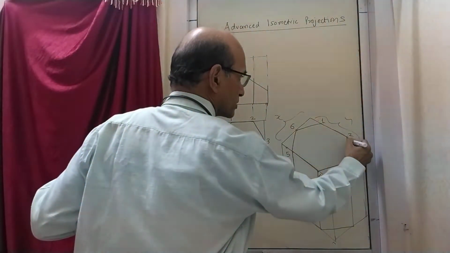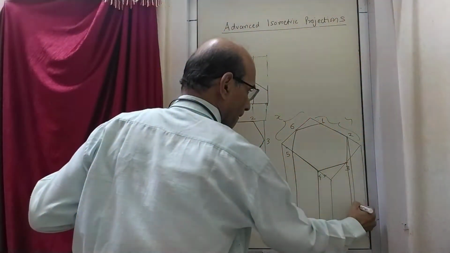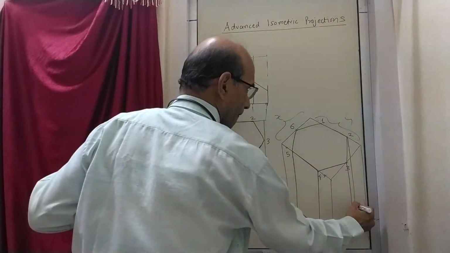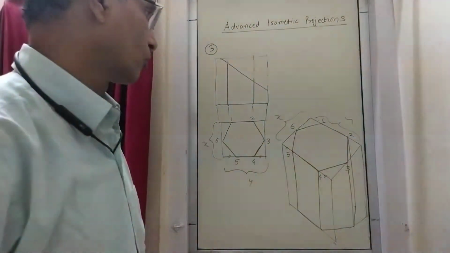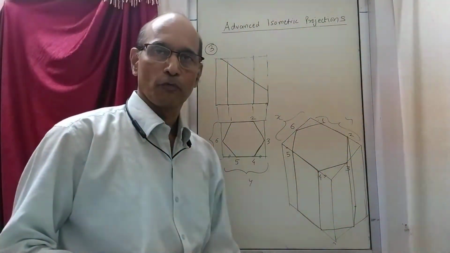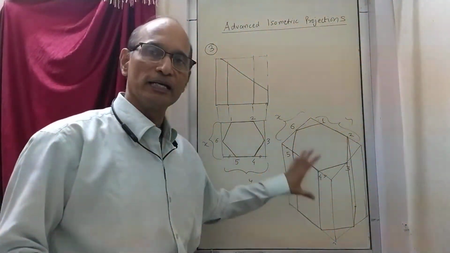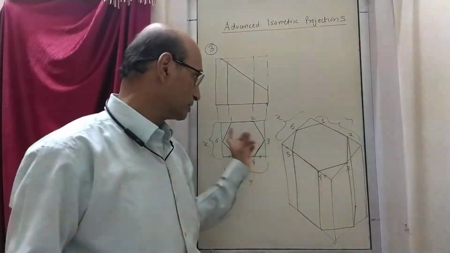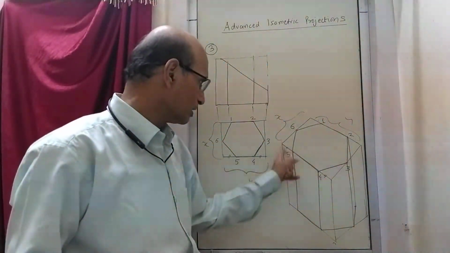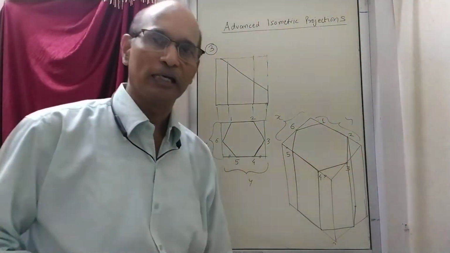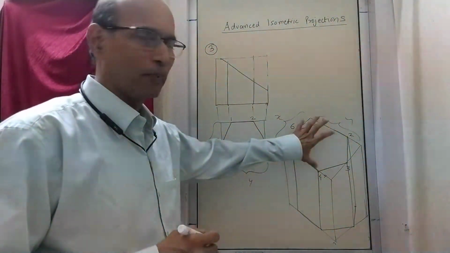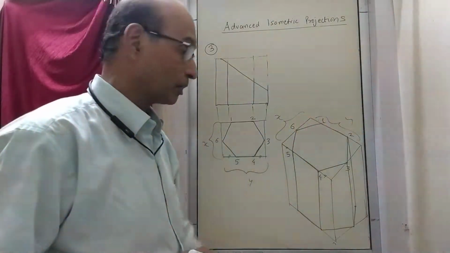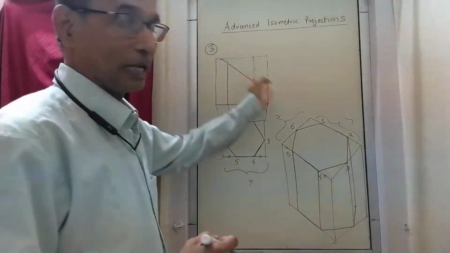Now this 2 is okay. So this hexagonal prism we have drawn, and up till here it is not an advanced problem. It is just a simple problem. Maybe to some extent drawing the hexagon could have been slightly new for you compared to the last time. So you can call this a part of a slightly advanced exercise. But the next thing comes when it is cut like this.